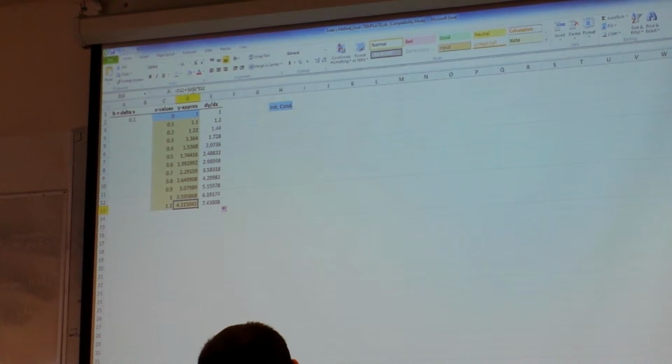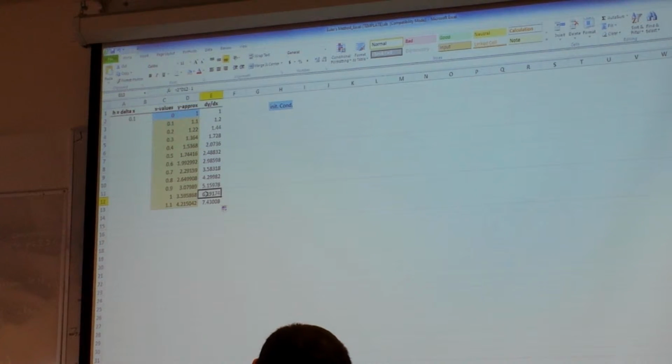Previous y value plus step size times E12, which refers to the slope of this previous point. Okay. How much more accurate